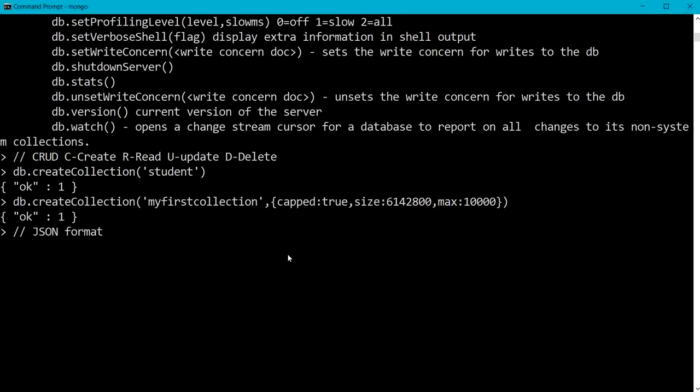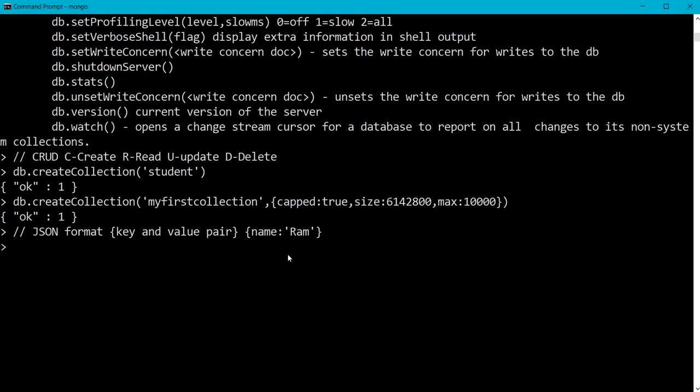For JSON format we need to follow key and value pairs. So how are we going to specify that key and value? Here name will be the key, and Ram will be the value for this key. Note that we are going to follow the JSON format, JavaScript Object Notation.